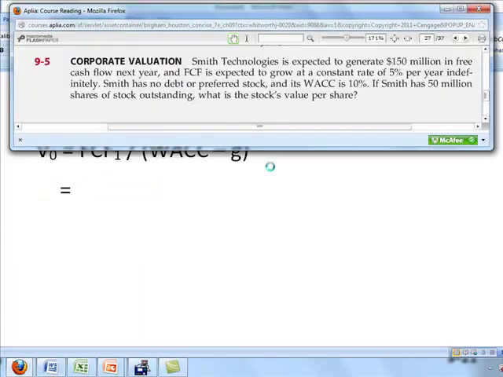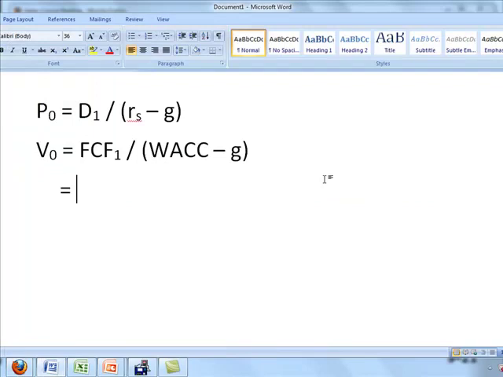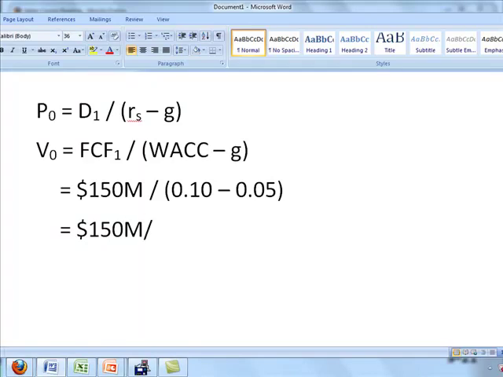The problem says, let's take a look again, that we're expecting $150 million in free cash flow next year. So free cash flow 1 is $150 million. We have a WACC of 10%. We have a constant growth rate in the cash flows of 5%. So plugging all that information in, 150 million divided by a 10% WACC minus a 5% growth rate. And so of course that's 150 million divided by the difference of 5% or 0.05,